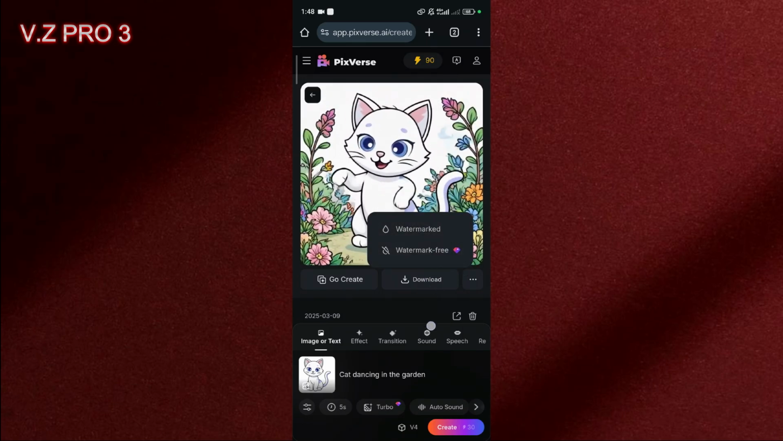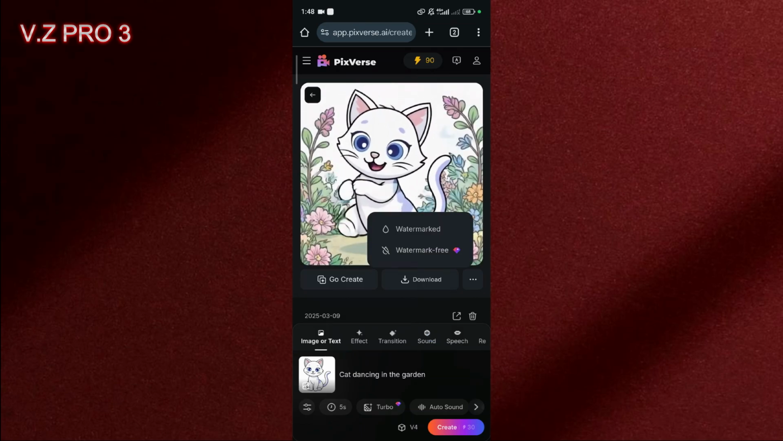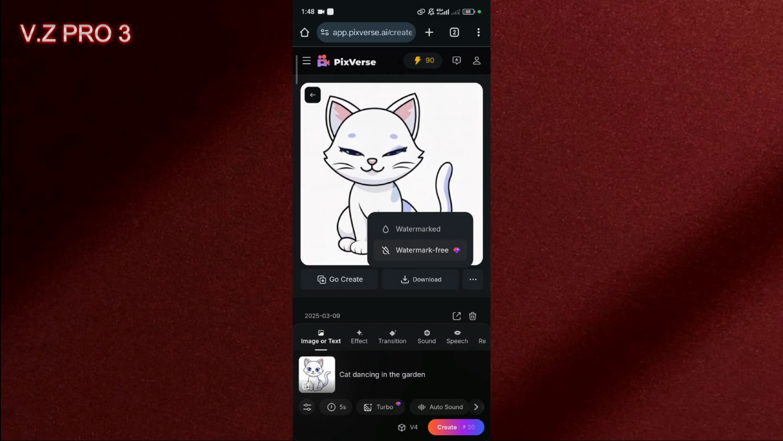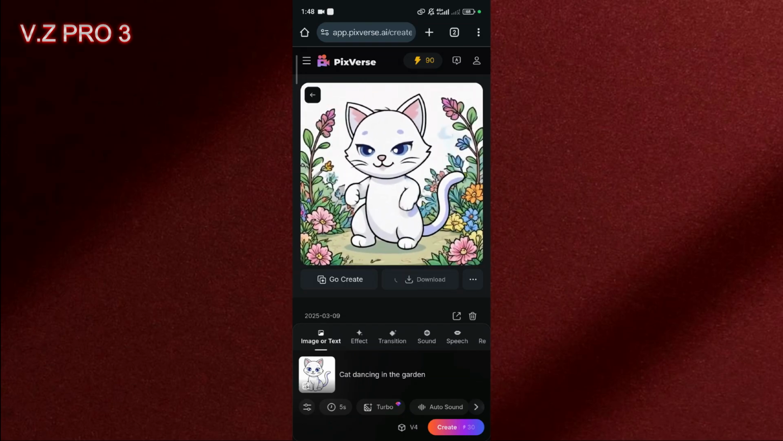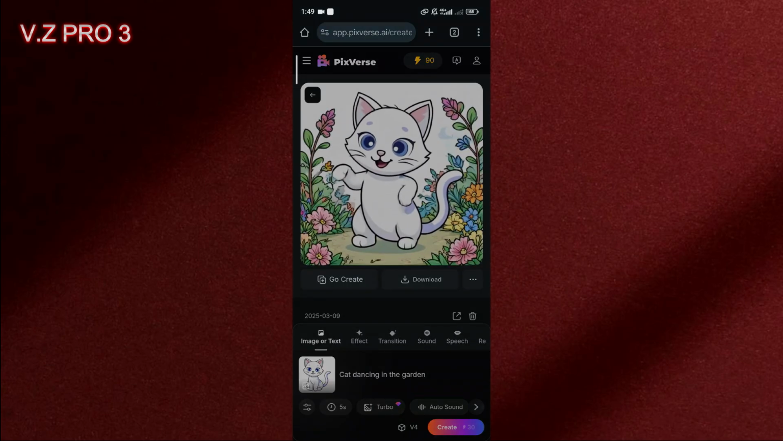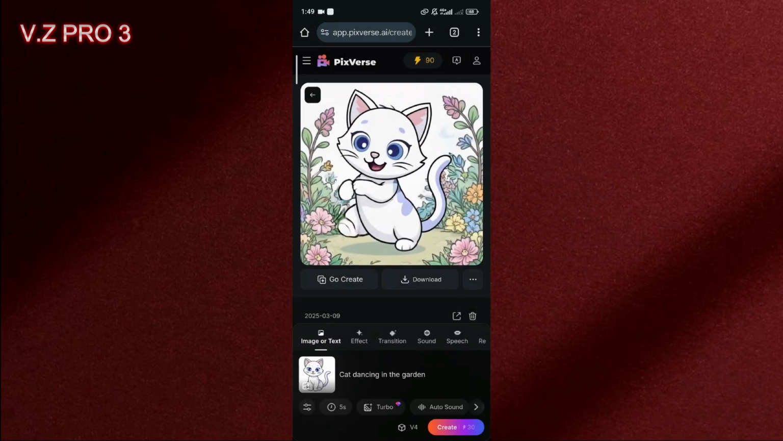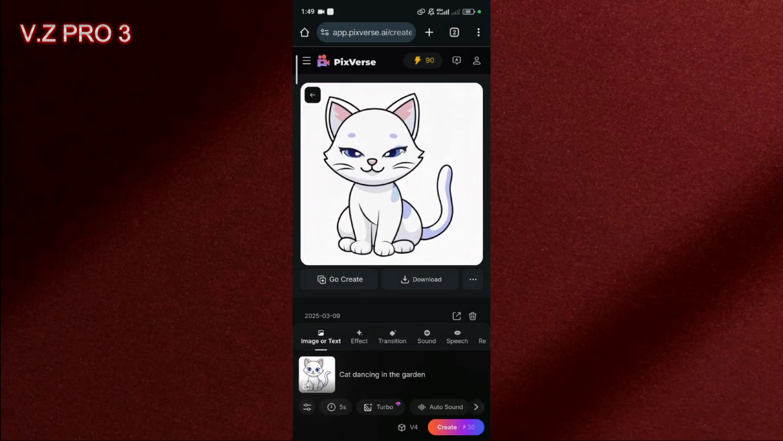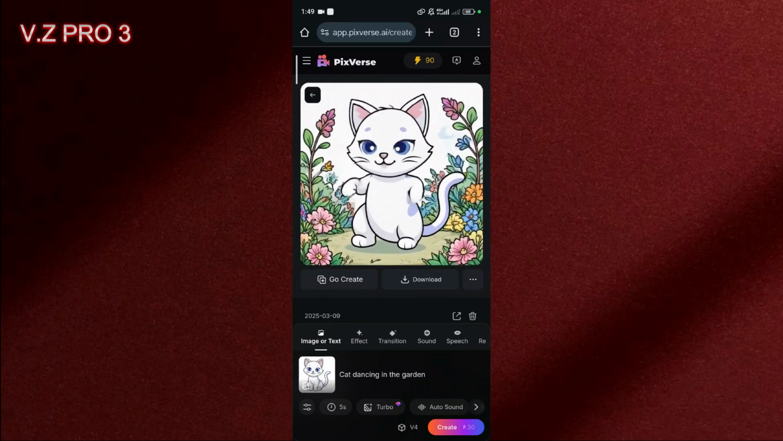If you want to remove the watermark, you can just upgrade this Pixverse into premium. But we'll just like this, so it will download to your gallery. It's simple, right? So that is how to